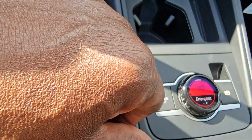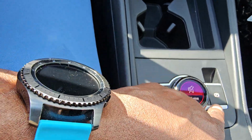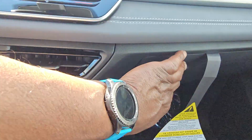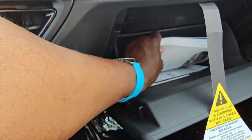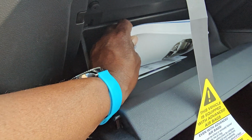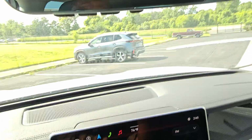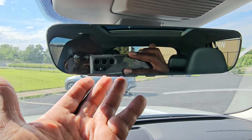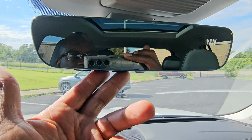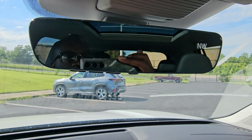You just lift up on it to activate. Okay, it turns yellow, and you put your foot on the brake and push down on the tip to release. Over here in the glove box, there's manuals there. This one has the enhanced rear view mirror, so there's a quick start guide for that as well. There's the enhanced rear view mirror there. It's a home link mirror, 3-door garage door memory with a digital compass over here on the right, and then